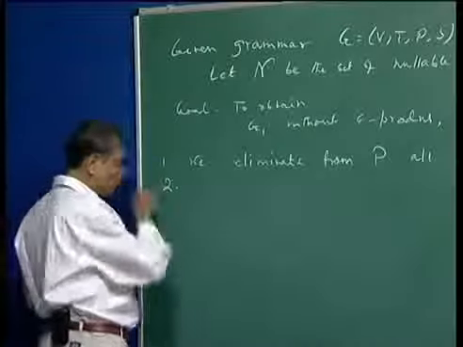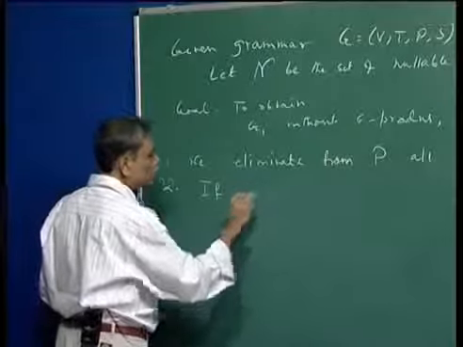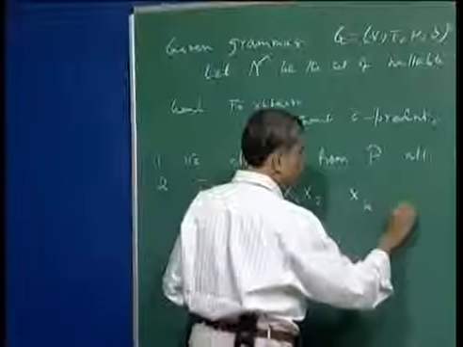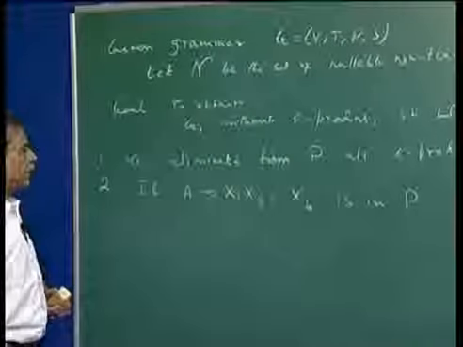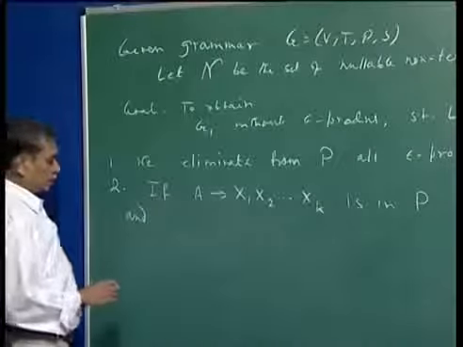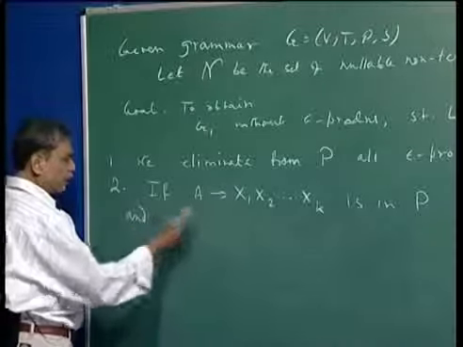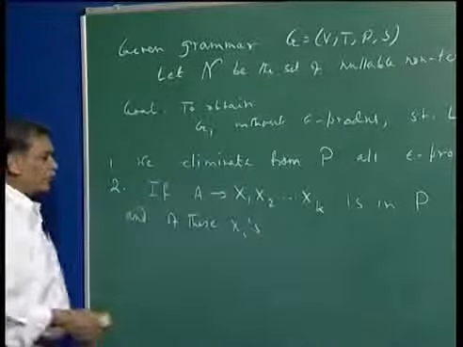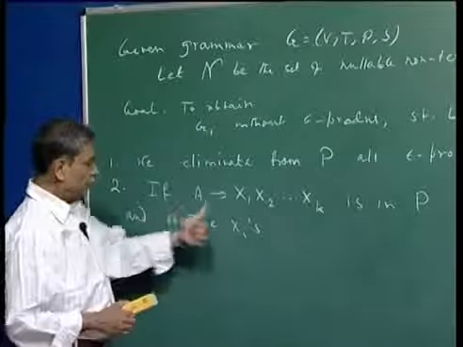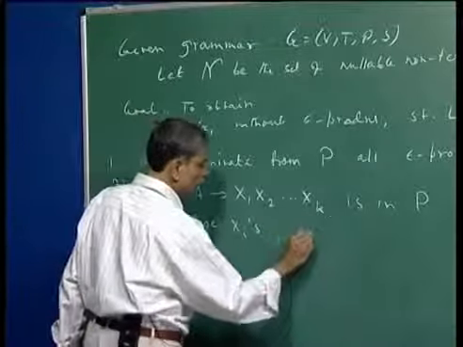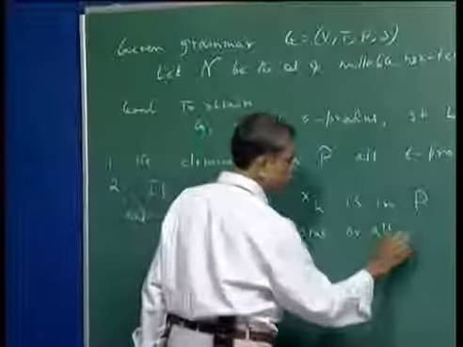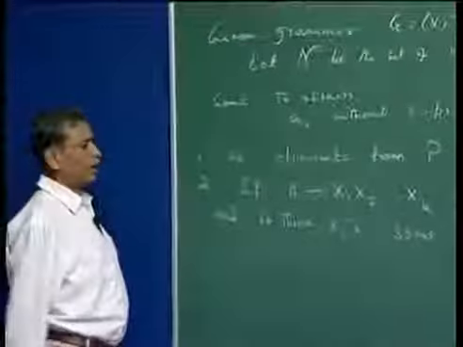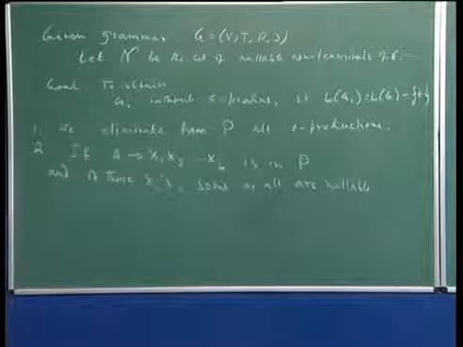The second thing that we do is, if A goes to x1, x2, up to xk is in P, and let us say that some or all of these xi's are nullable, that can happen, then what we will do is the following: